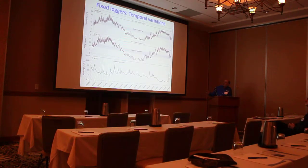In each of these two graphs, we show this optimal growth range for brown trout, between about 10 and 15 degrees centigrade. We also show the upper thermal tolerance limit, which is about the one-day average temperature above which you would get brown trout mortality, 25.3 degrees actually, for both of these two locations. And a couple other things to note here, in particular at this upper gauge, you'll see that the temperatures actually surpassed that one-day survival threshold for a couple days during 2011. During 2012, they get up close to that, but they do not surpass that